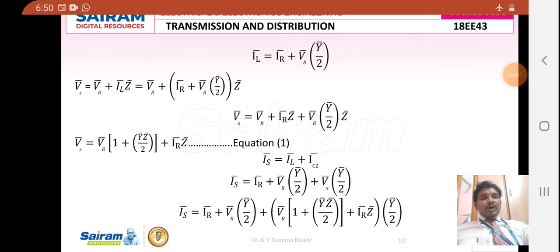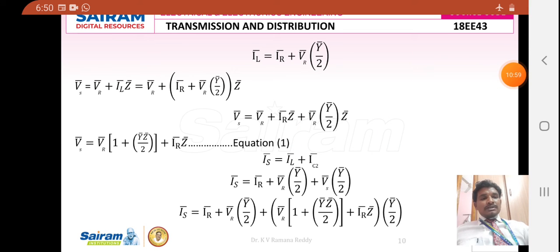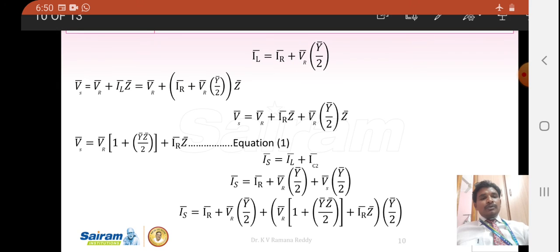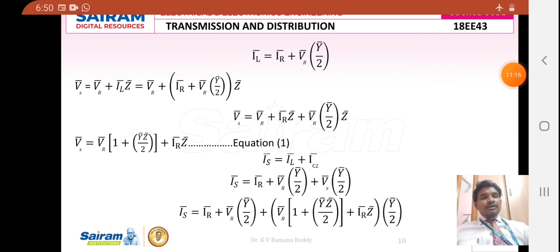Next, Is bar is equal to IL bar plus IC2 bar, which is another KCL equation with reference to the sending end side. Therefore, Is bar is equal to IL bar, which I can substitute as IR bar plus Vr bar into Y bar by 2, and IC2 bar means Vs bar into Y bar by 2. In this equation, I am going to substitute the overall equation: Is bar is equal to IR bar plus Vr bar of Y bar by 2 plus Vr bar of 1 plus Y bar into Z bar by 2 plus IR bar of Z bar of Y bar by 2. So after doing simplification of this entire equation,